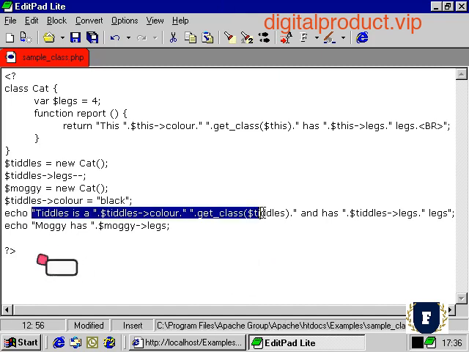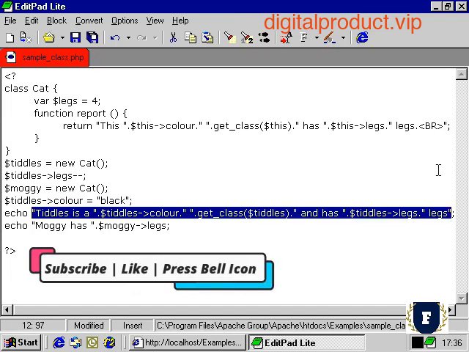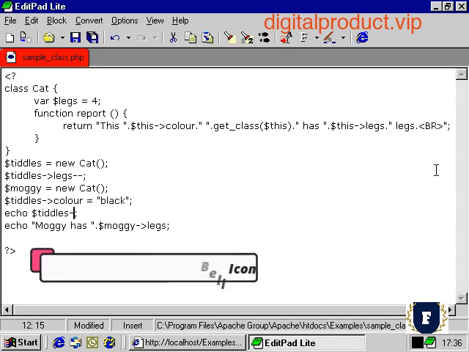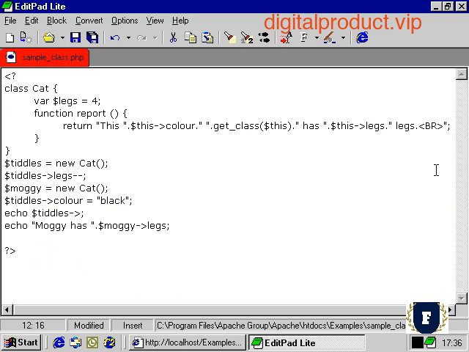So let's take this out because we've just replaced it with a function, and we're going to use the method. The way we use the method is first of all we type in the object name, then we use the same little operator that we use to access an attribute, but we put the method name, in this case report, followed by the two brackets that denote a function. And our report function takes no parameters, so let's just get a report on both Moggy and Tiddles for now,